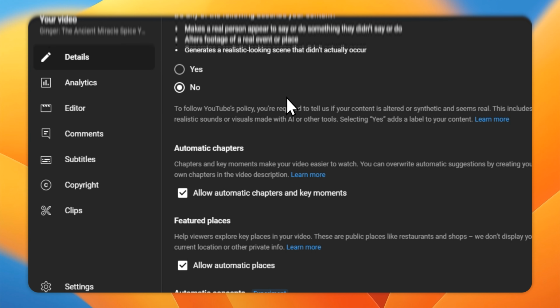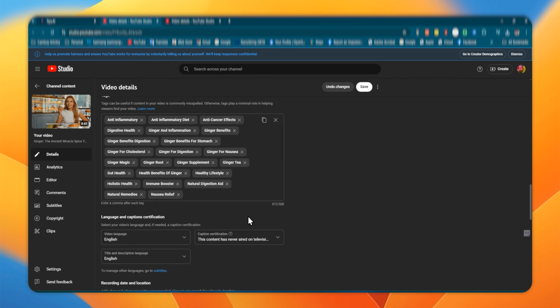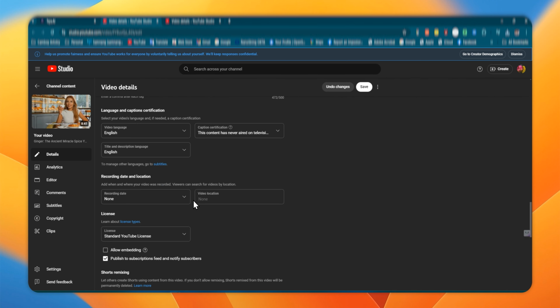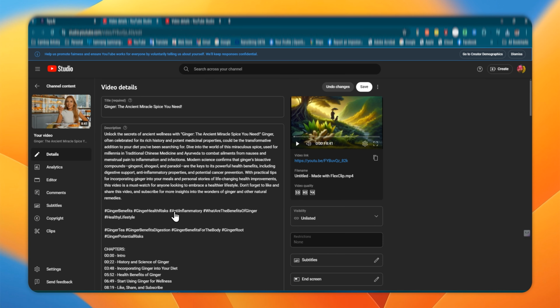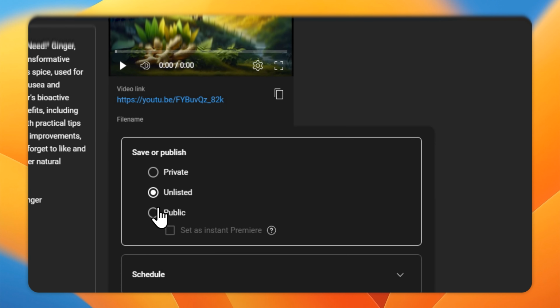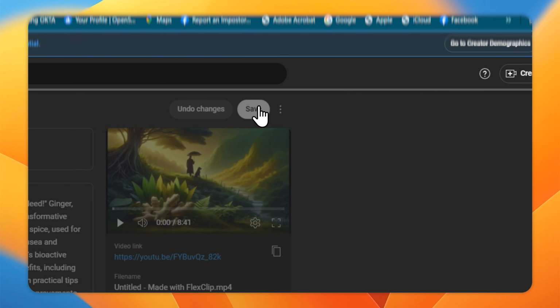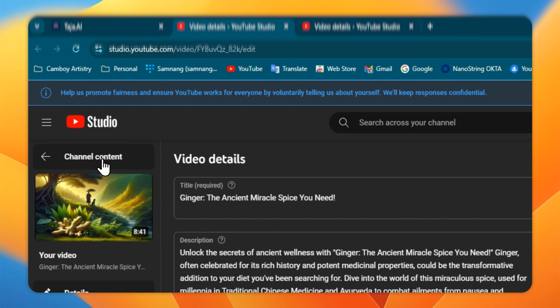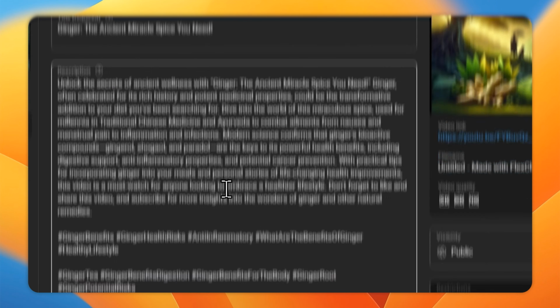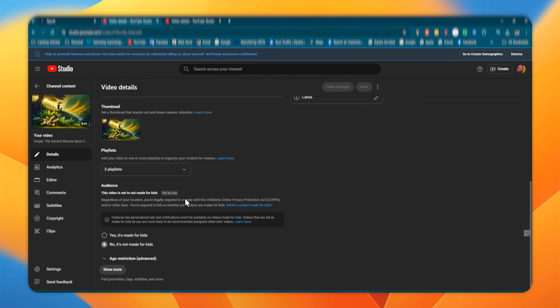So I always clear up, or let's see what they have here. This is not an AI, I make it from the real. And here are the tags that are already there. Everything is in there, guys. So all you need to do is just save it, and you can make it public before you save, or save before public, however you want. I'm just going to do this. All right, now your YouTube is ready to go public with the perfect title, perfect hashtags, perfect descriptions with the chapters, and